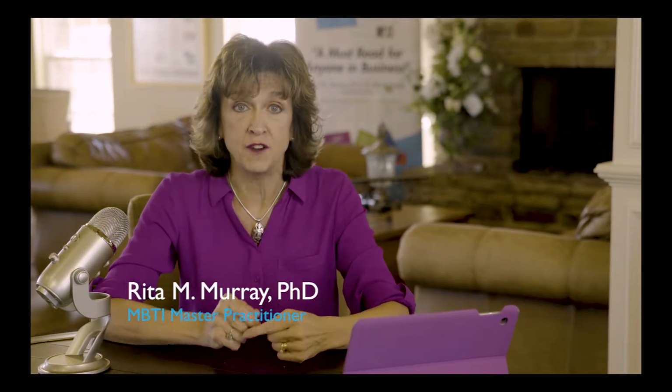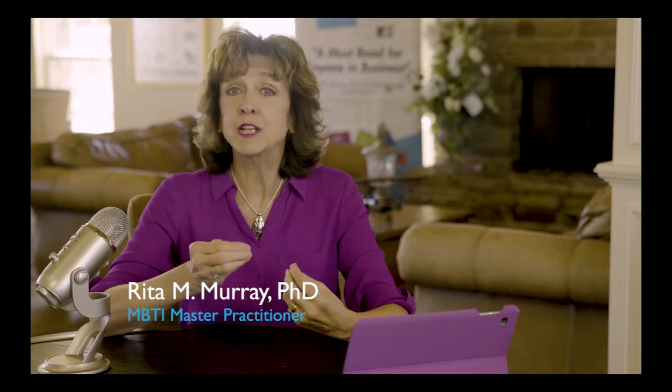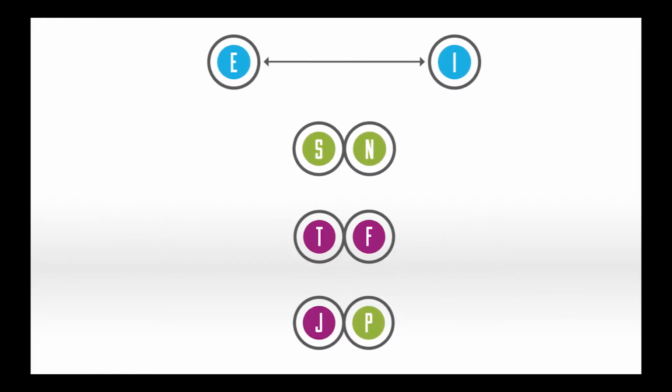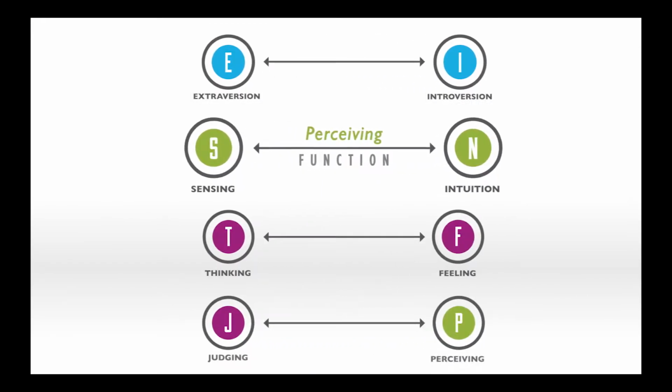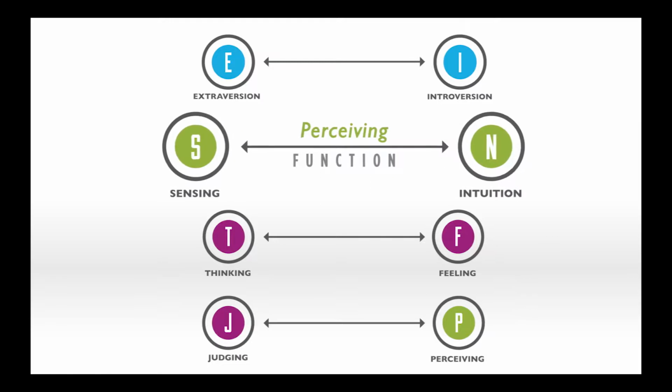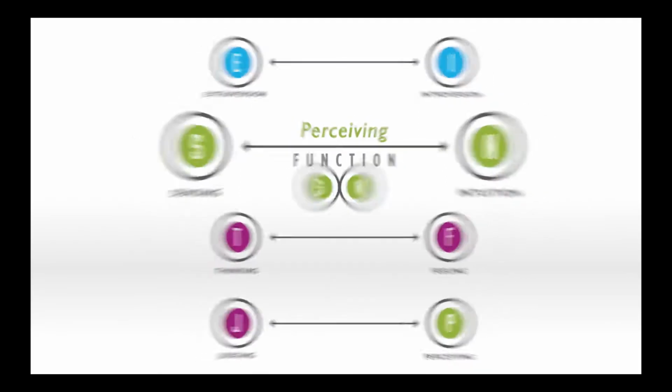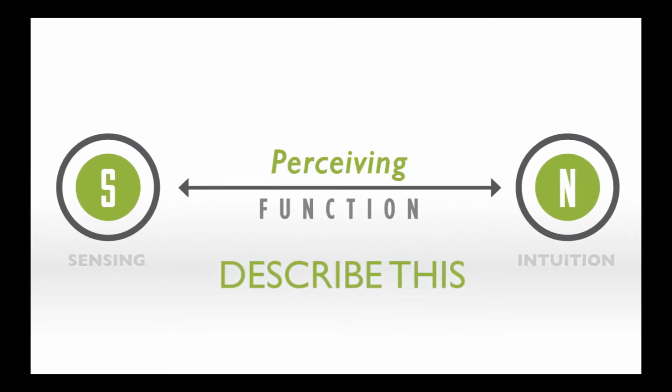Applied theory says everything begins when your cognitive functions gather data or notice something with your perceiving function, the part of your brain that connects with the world and collects data. Of the 4 MBTI scales, Jung said the second one is the most important in terms of your communication, teaching, and learning style. You perceive life through your cognitive functions of sensing or intuition. The task of describing something accesses our perceiving function.